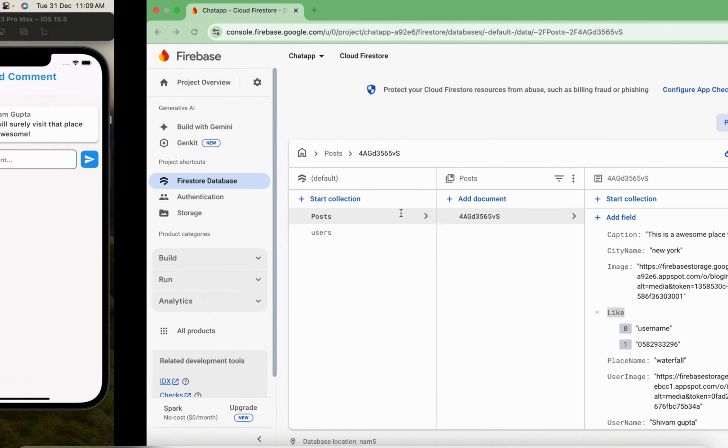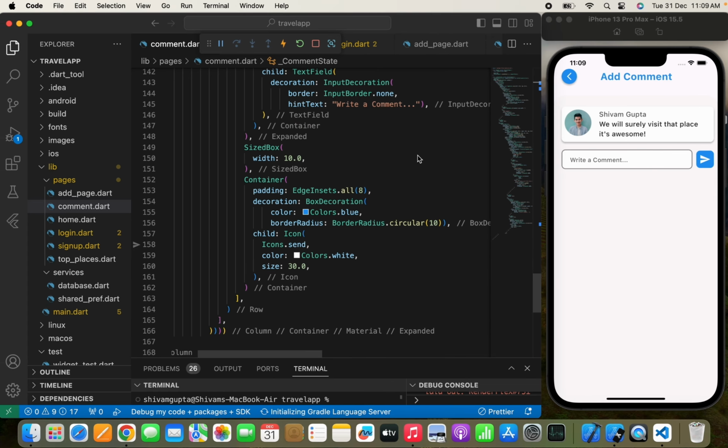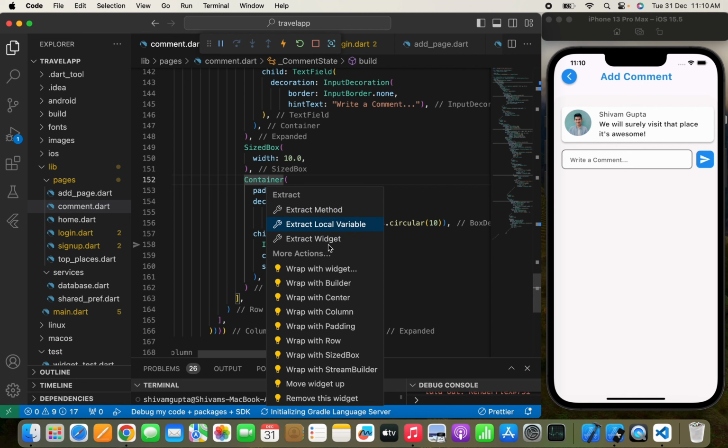So what I'm going to do that, here you can see the post collection, a specific document ID, and this is a field. Now here I'm going to create one more collection, which is a comment, and in this comment collection I'm going to simply show all the comments that different users have done, right? So for that I need to do one thing, like here I just need to wrap up with a gesture detector,